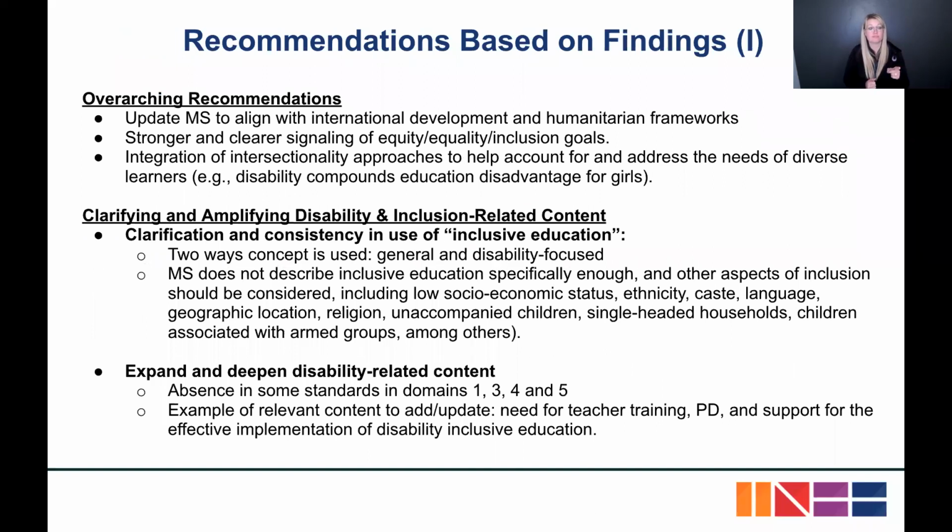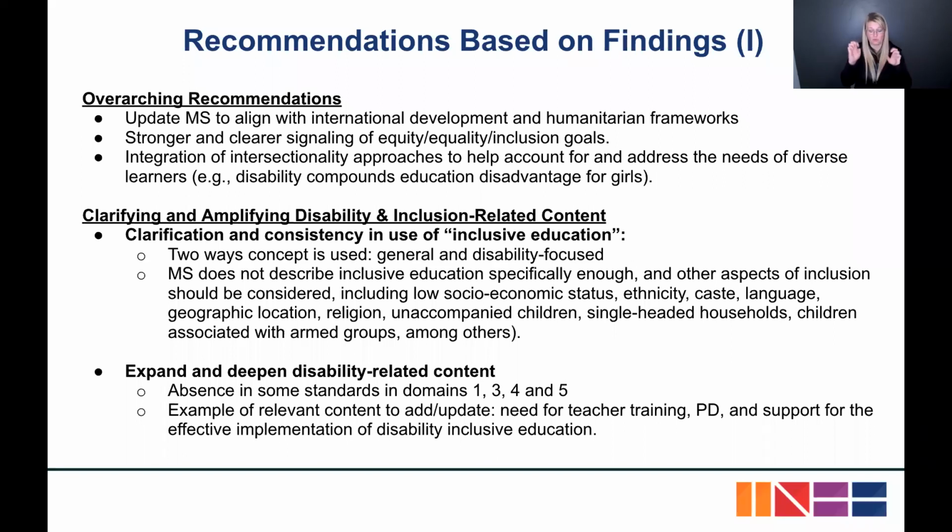Our overarching recommendations are first to update the MS to align with international development and humanitarian frameworks. At the time of the development of MS 2010, the Millennium Development Goals were in progress. However, those goals have now been replaced with the Sustainable Development Goals, and therefore that alignment is important. We suggested a stronger and clearer signaling of equity, equality, and inclusion goals as important education response goals. The MS is very clear about the focus of providing quality education and makes it a right. However, we think that it is important to include goals of equity, equality, and inclusion